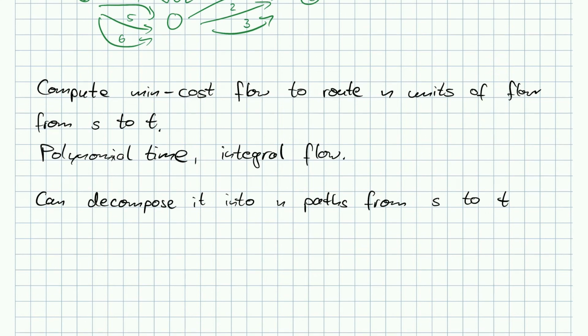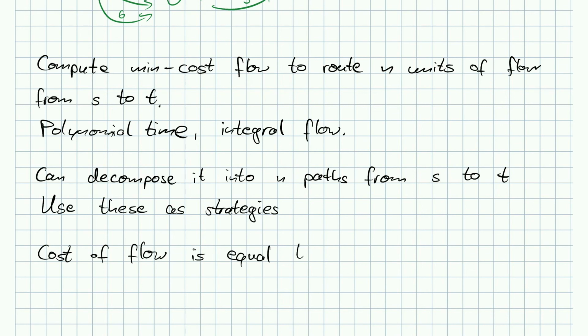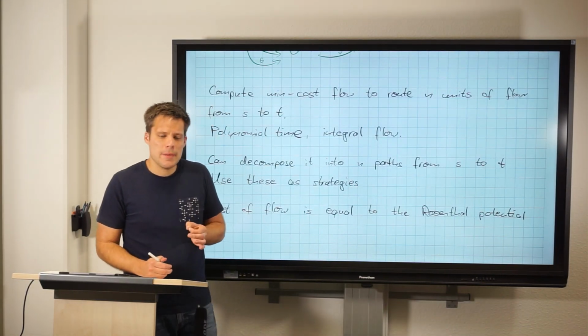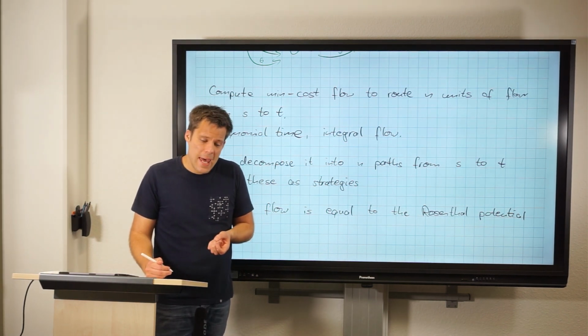The interesting thing is now that the cost of the flow is equal to the Rosenthal potential that we're getting. Why is this? Because, well, the path definitely prefers the cheaper edges over the more expensive ones. And